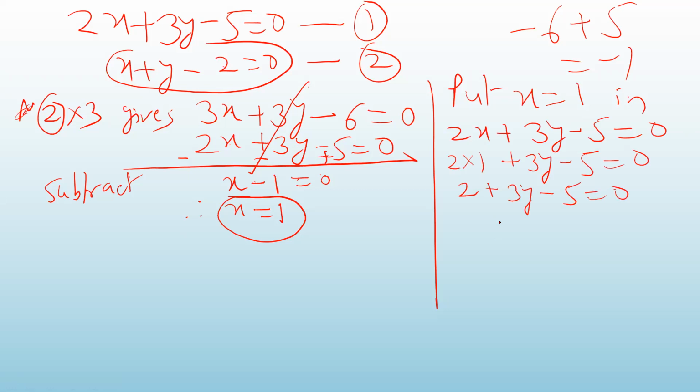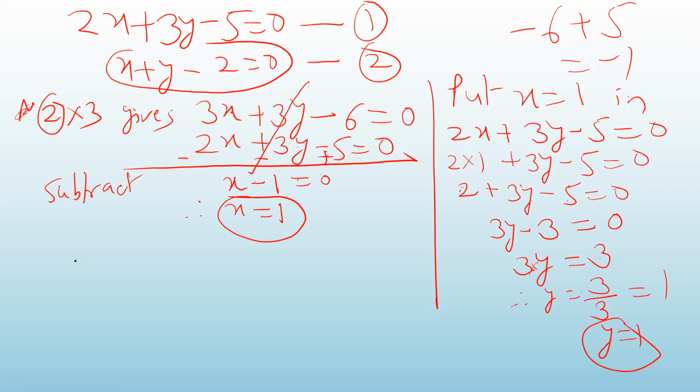Okay. So this is 3y plus 2 minus 5 will give me minus 3. So 3y minus 3 is equal to 0. What is 3y? Shift this minus 3 to the other side, so it will become plus 3. So what is the value of y? 3y is equal to 3. So y is equal to 3 divided by 3. See, there is a multiplication here, so when you shift this 3 to the other side, it will divide. So y is equal to 1. So I got x is equal to 1 and y is equal to 1. So that means (1, 1) is the point of intersection.